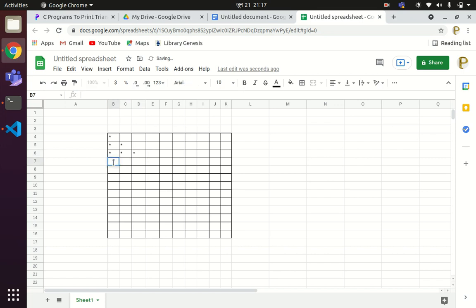In the first row we have 1 star, in the second row 2 stars, in the third row 3 stars, in the fourth row we'll have how many stars? 4 stars, and in the fifth row we'll have 5 stars.